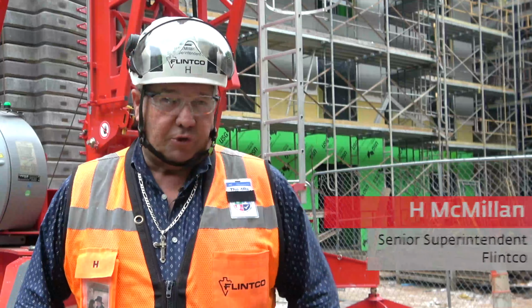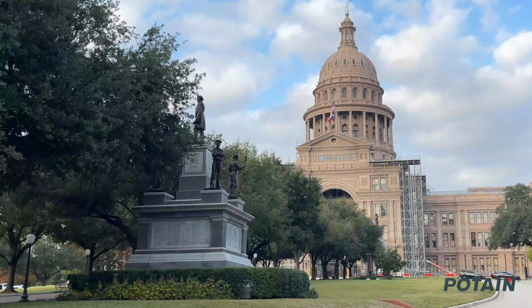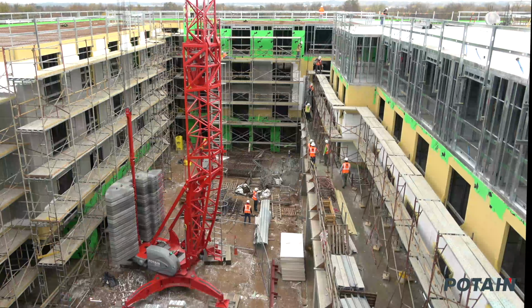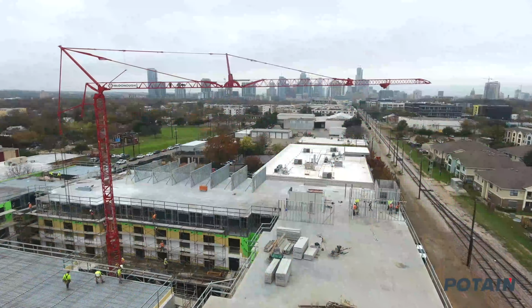We're building a 276-room hotel here in Austin, Texas. We're now basically building a fairly large hotel on a postage stamp. We have no room around the job site for lay down. We have difficulty just unloading trucks. Looking at the layout, I started trying to hopefully get somebody that had lifting in their contract to come up